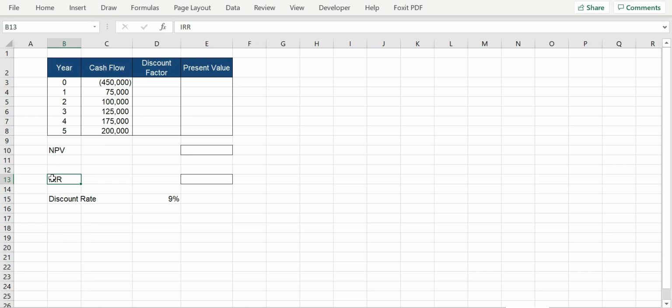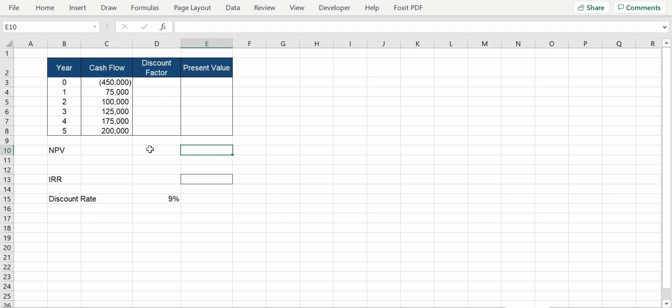So you are given the year-wise cash flows. Then based on this you need to calculate the present value. You are given from year 0 to year 5, and the cash flows also given. So by using the discount factor 9%, we need to identify the net present value and IRR,